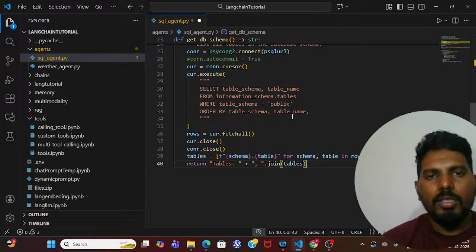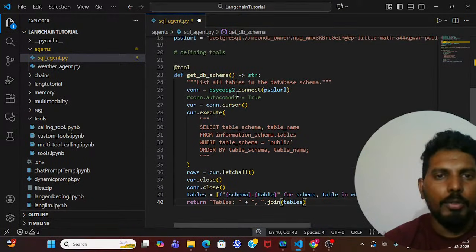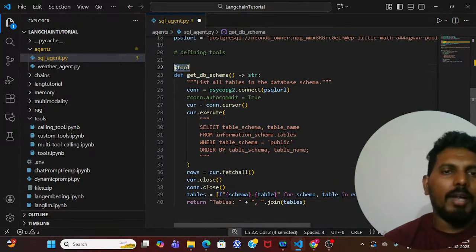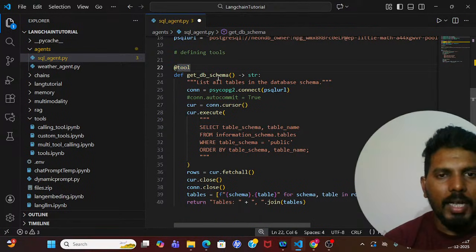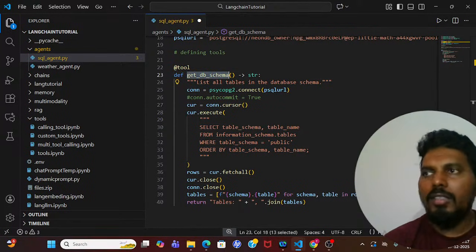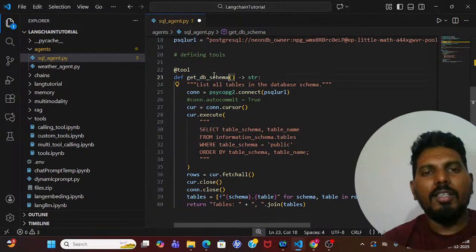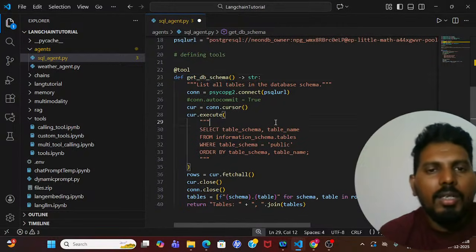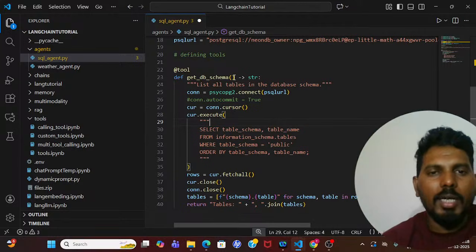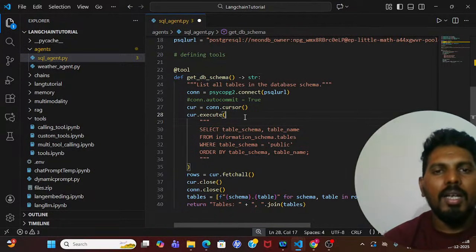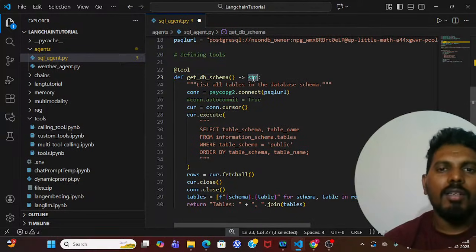All right, guys, let me close it. Now you can see over here what I am doing. I have decorated with the @tool, and then I have taken the function name, which is get_db_schema. This doesn't require any input variable, so that's why I have given empty input variables, and then it is going to return one string as